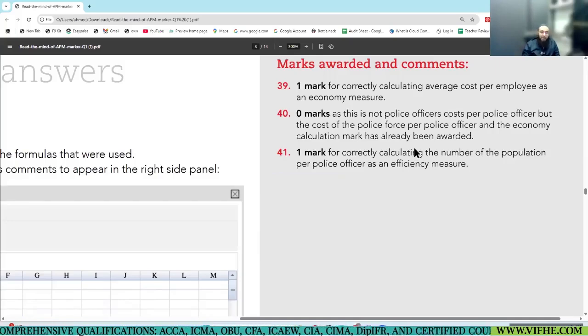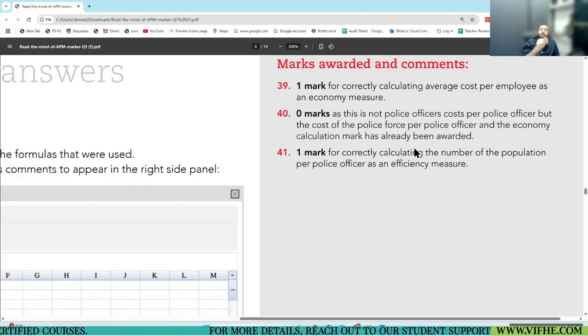Do you have this data available of total police force? Yes. What you could have done is total police force cost divided by police officers, rather than what he has done, police officer cost per police officer.